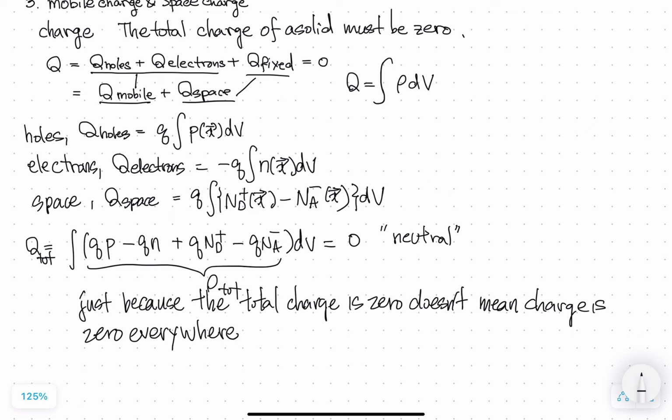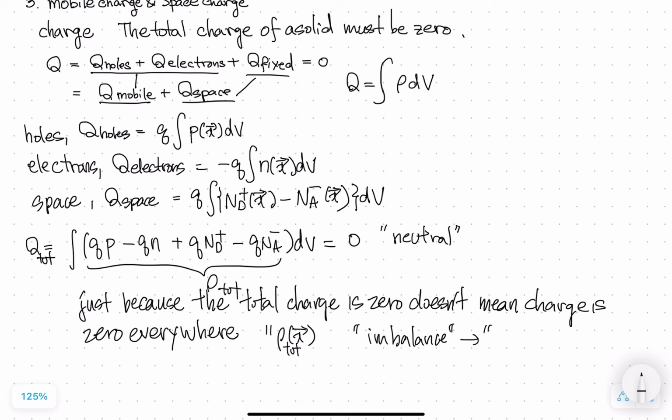In different regions of the device, the charge density, rho total of x, can vary. For example, near a p-n junction, you might have more positive ions on one side and more negative ions on the other. This imbalance